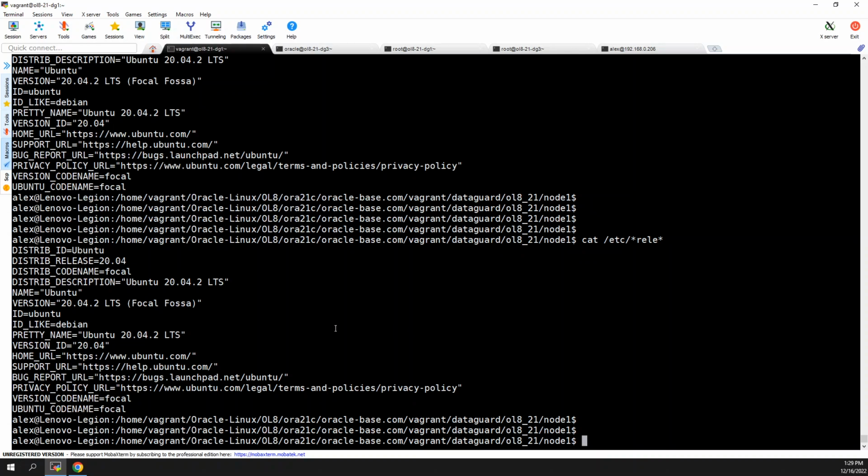three virtual machines, which are all the same software: Oracle Linux 8 and Oracle Database 21. So let me